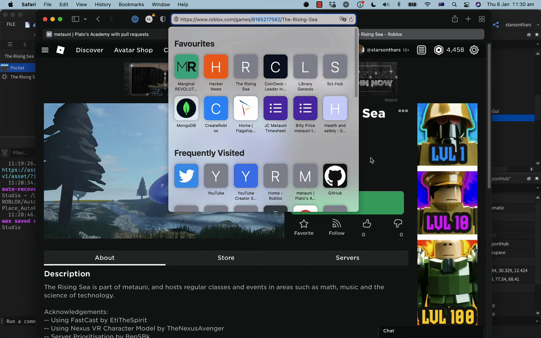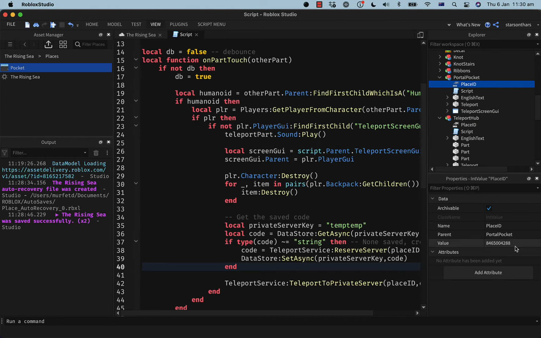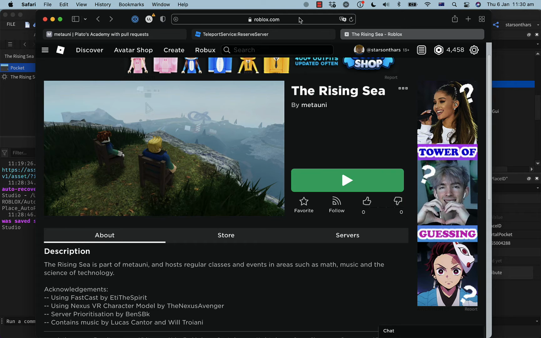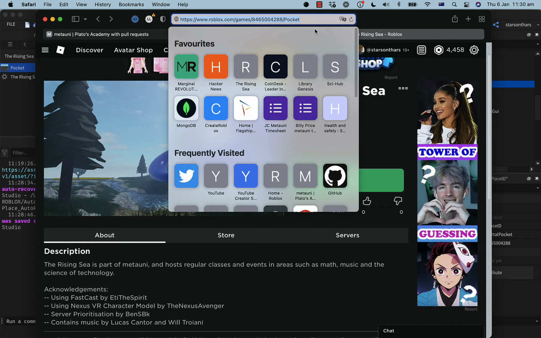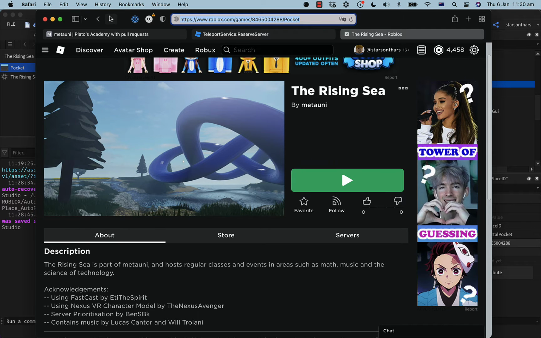The number was different. I think it was the actual number for the place. So that page was a specific page. 846500. Yeah. Okay, that's worth knowing.